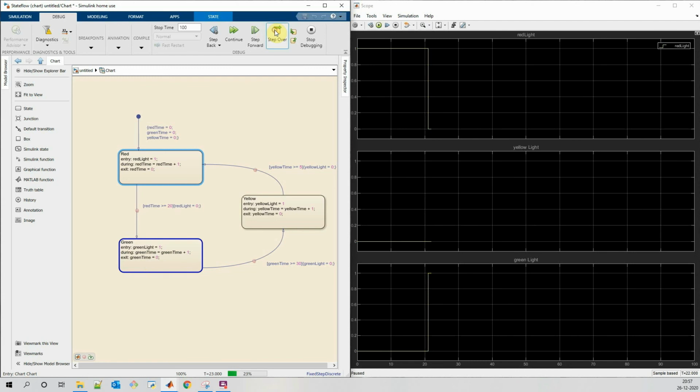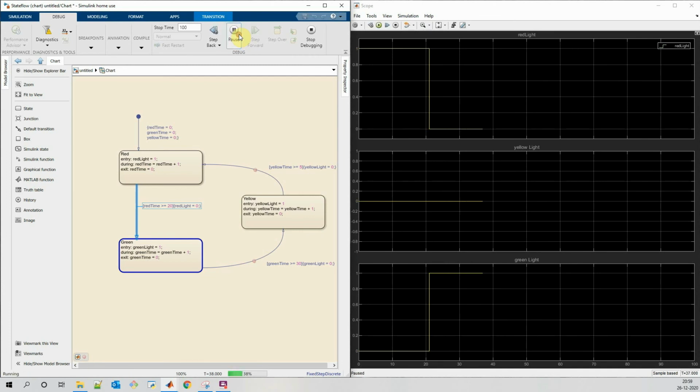So our simulation will continue in the same way for green light. When the exit condition from green time is satisfied, at that time it will first check for the condition. It will execute the condition, that means green light equal to 0.